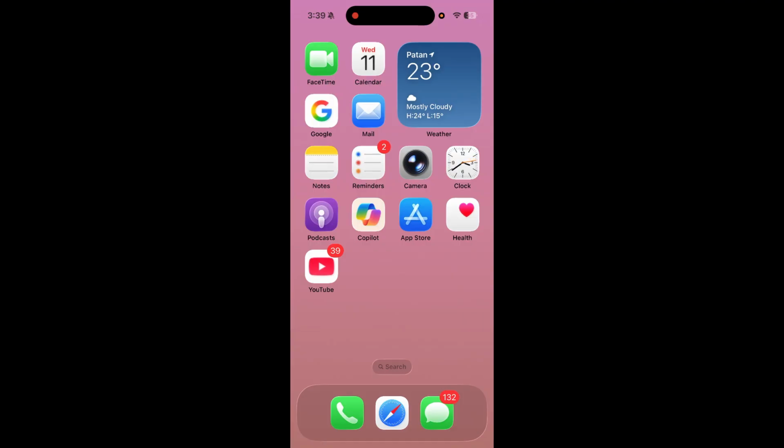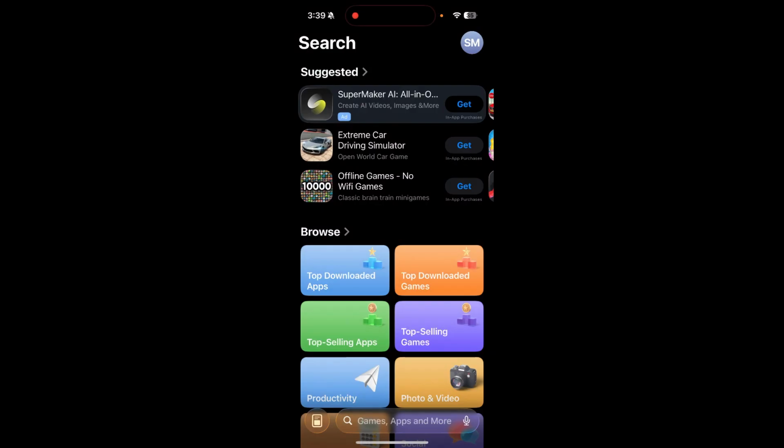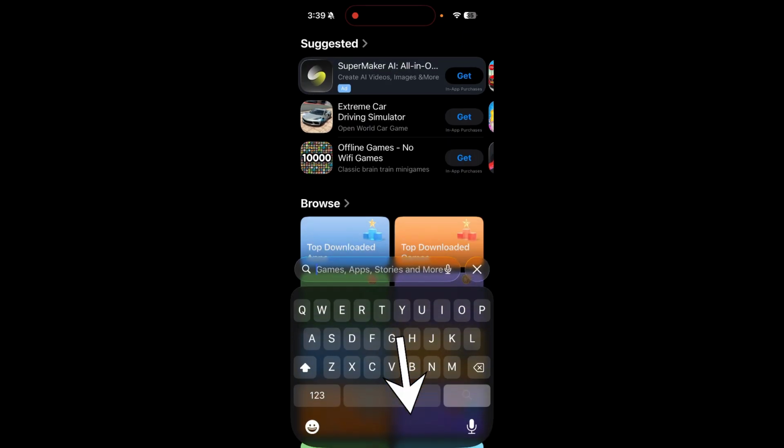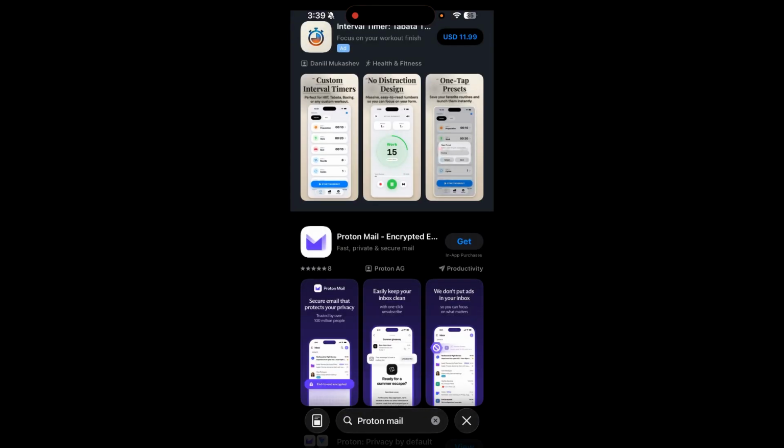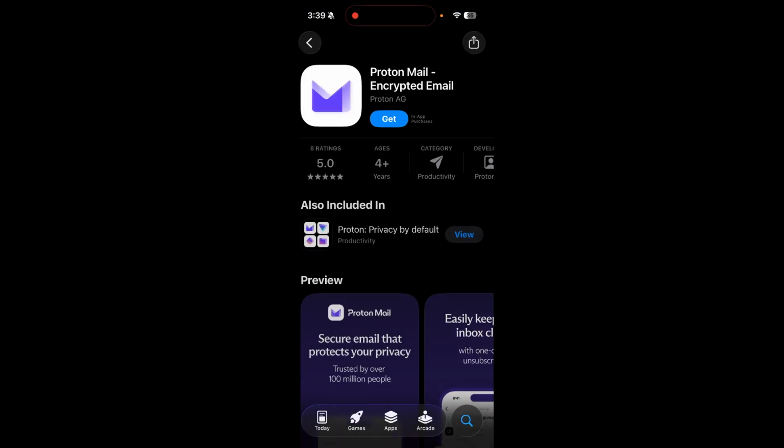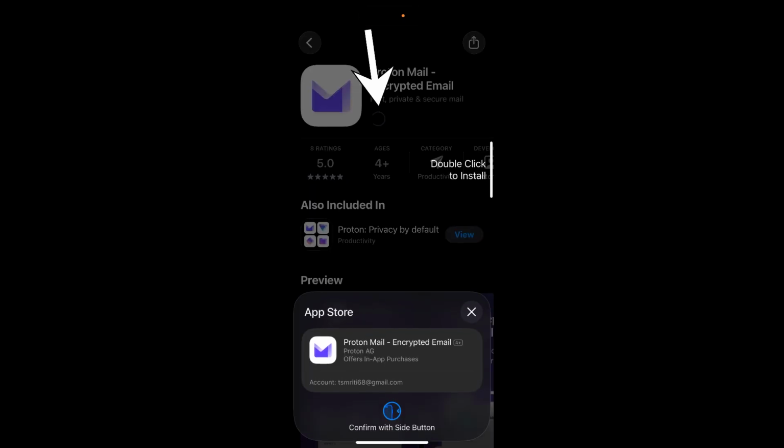So in order to install it on your iPhone, what you can do is open the App Store on your device, and at the bottom you can find the search icon. Tap on the search icon, type Proton Mail and search for it, and over here we can find Proton Mail: Encrypted Email. Tap on it and select Get,